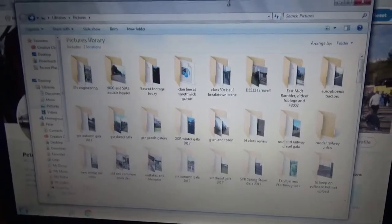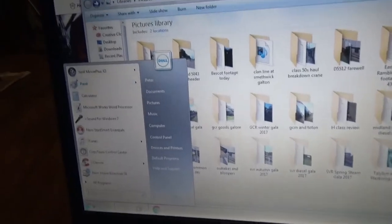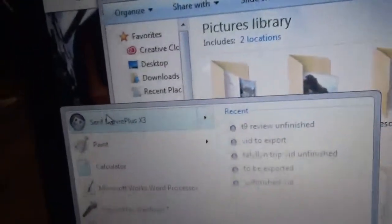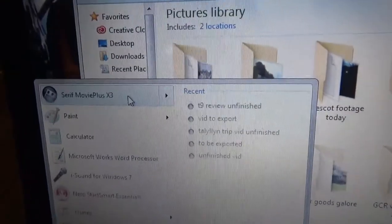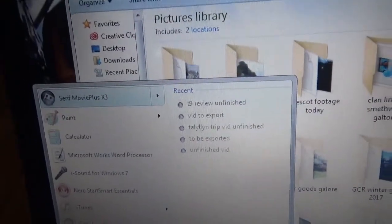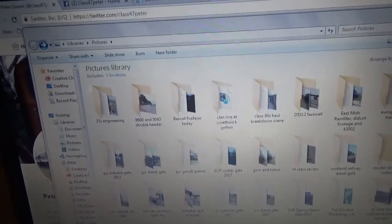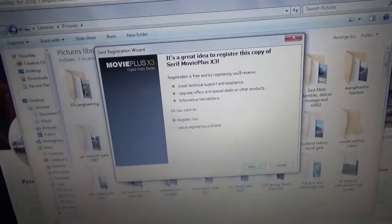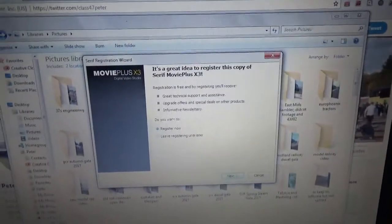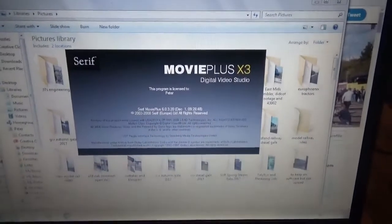And then once I have got the footage onto the document folder, I'll then open up Serif Movie Plus, which is the software that I use for editing videos. You have to bear in mind that I'm filming this on the camera. It's because I don't have things like Bandicam, and I don't really wish to get it just for the sake of using it for this and the other behind the scenes video. But anyway, so I'll then open up Movie Plus,